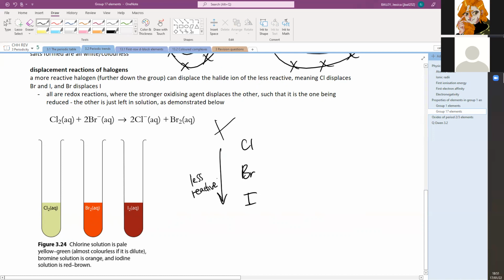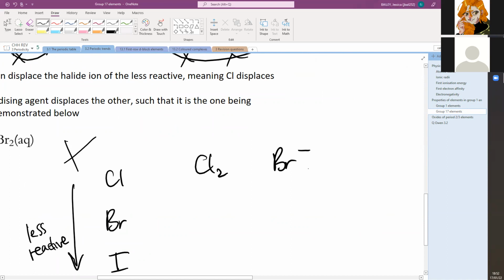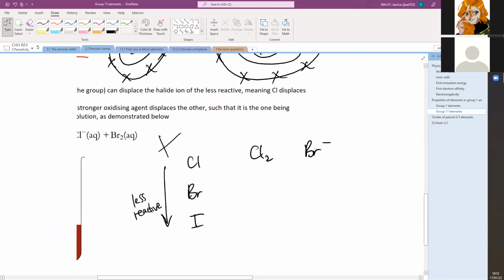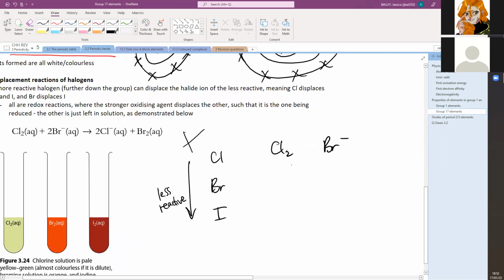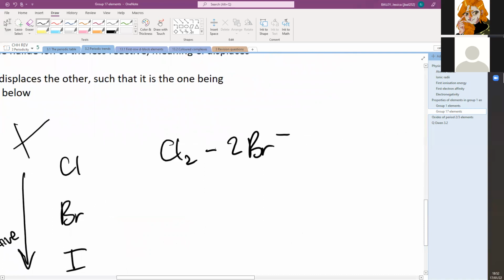So it's saying if I had chlorine and bromine ions together in solution, so I have chlorine, but it's bonded to itself, and bromine, but it's in ionic form, what it's basically saying is chlorine wants to get to a state where it's also got a negative charge. Because remember what negative charges mean. A negative charge on a group 17 means it's got a full outer shell. And so what it's saying is if I react these two things together while they're in solution, since the chlorine is more reactive than the bromine, this chlorine wants to get a full outer shell more